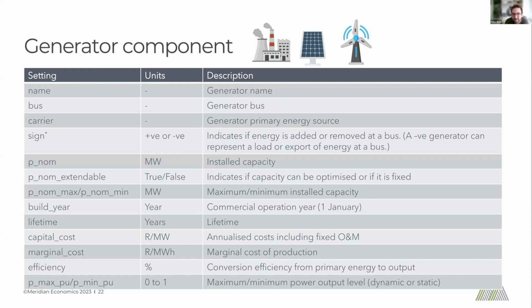And then finally, a very important parameter when you're modeling, especially variable generators, is how that power is allowed to vary in every hour of the model. So Pmax PU is just a per unit number. And typically it can be just a static number. So you could say like Pmax PU equals 0.5. So that means that in any hour of your simulation that you run, the generator can't exceed more than 50%